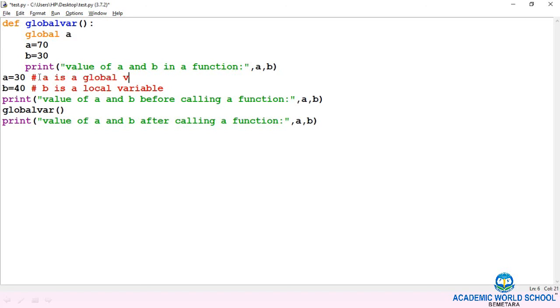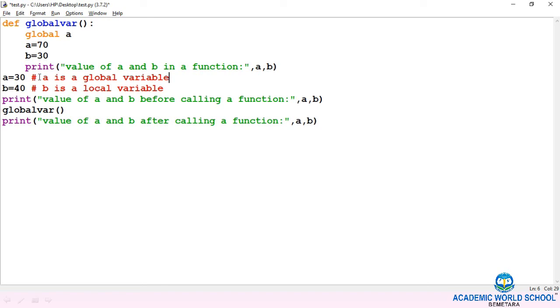So if we perform changes in any part of the program, either in a function or anywhere, if we perform changes in a global variable, that will reflect in all places. That is the benefit of global and local variables.